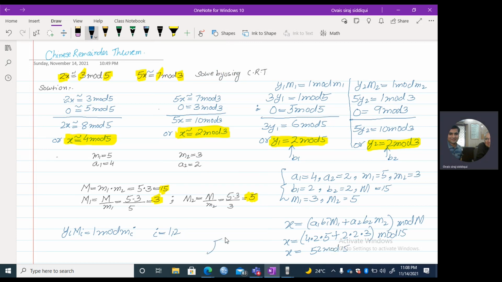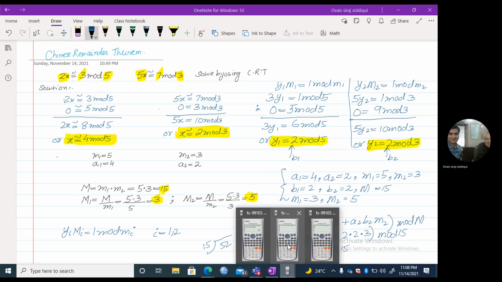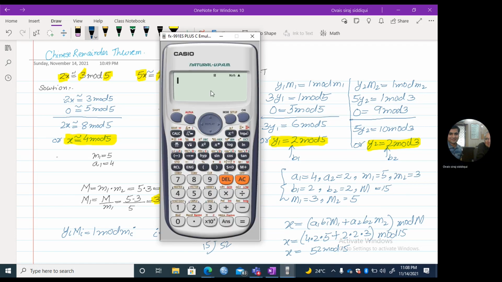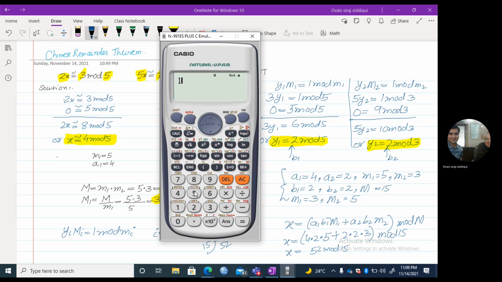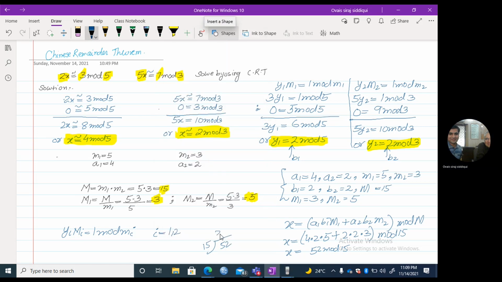52 mod 15 और अगर आप इसको डिवाइड करना चाहें तो 52 को 15 से कर दें। 52 मीन्स आप 15 twos are 30, 15 threes are 45. 15 times 3 is 45 and remainder we have